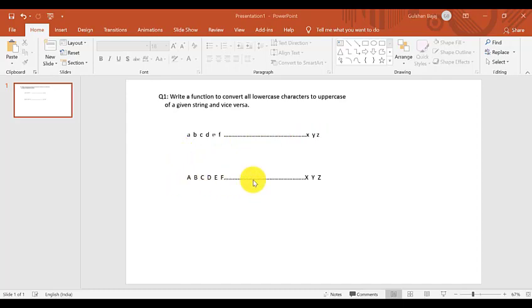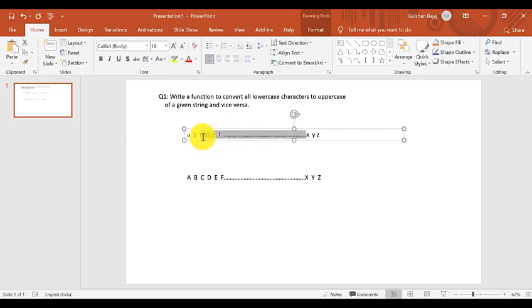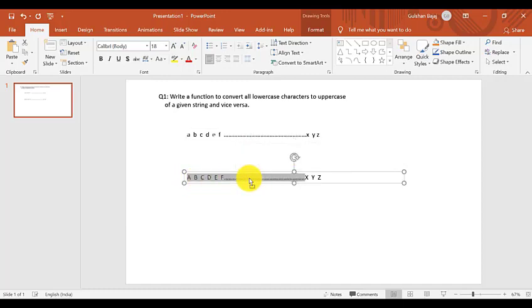Now if we are given one particular character and it is at some position, let's say somewhere here, in that case what we need to do is find out at how much distance this particular character is with respect to small a. If we know the distance of the character starting from small a, then we can add the same distance to the capital A and find out the corresponding capital character to the given small